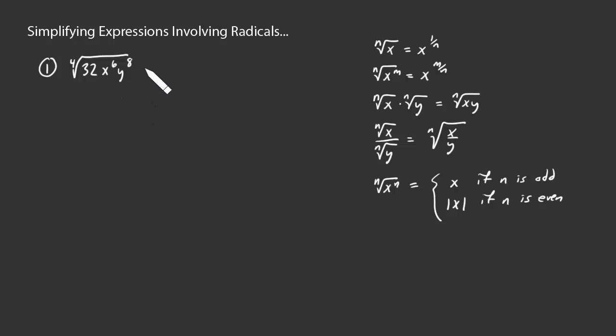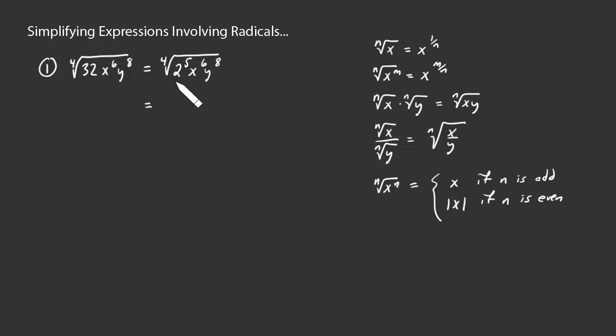Okay, so first step. I've got x to the 6th here, I've got y to the 8th here. I'm not sure exactly what this 32 has in it. Let's consider the factorization of that. 32 is the product of 5 2's. So let's rewrite this as the fourth root of 2 to the 5th times x to the 6th and y to the 8th. And then, with that intent to break it apart into the product of 2 or more fourth roots,